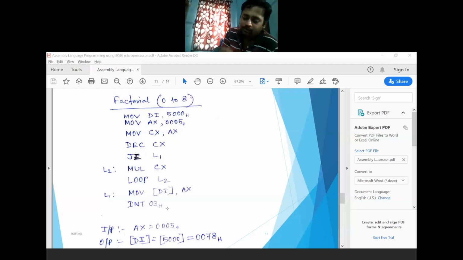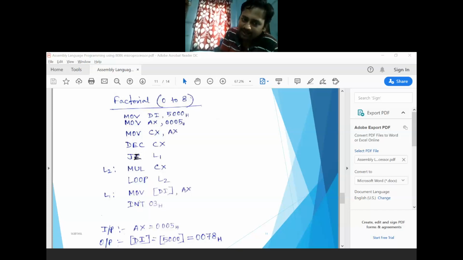But if you would like to find the total 32-bit result, because the multiplication of two 16-bit numbers will be 32-bit in size, your lower 16-bit will be stored inside AX, and the upper 16-bit will automatically be stored inside the DX register. If you'd like to store the DX register content into some memory location, you have to increment that memory location by 2.